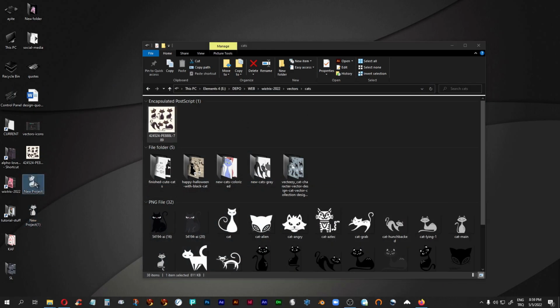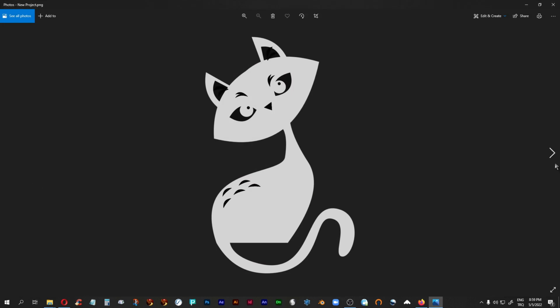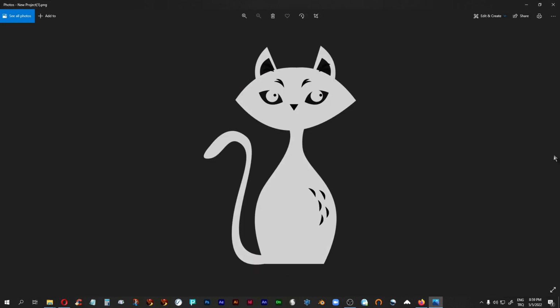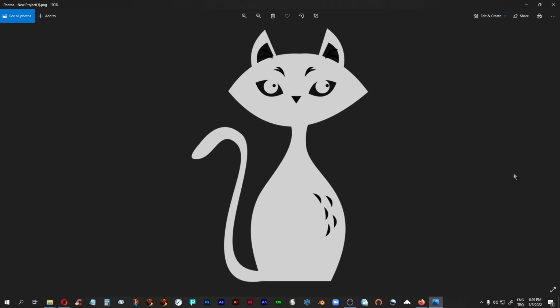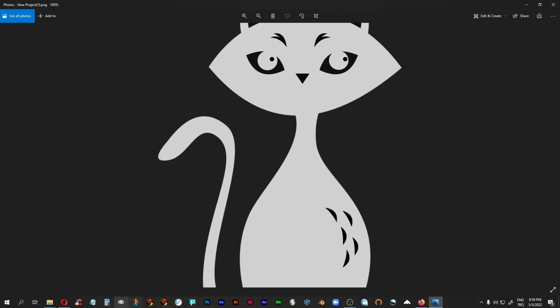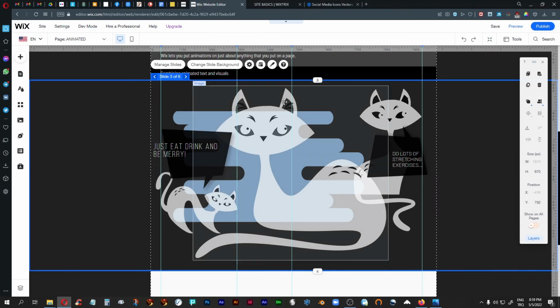And so here's the first cat, and here's the second cat, and if I look at them, they are actually huge, much bigger than I'm going to need them inside Wix, which is just about this size like this. But it's always easier to scale things down and not lose the quality. When you scale things up, you will always lose the quality, which is why it was important for me to actually